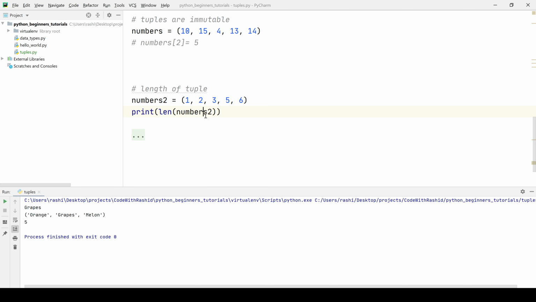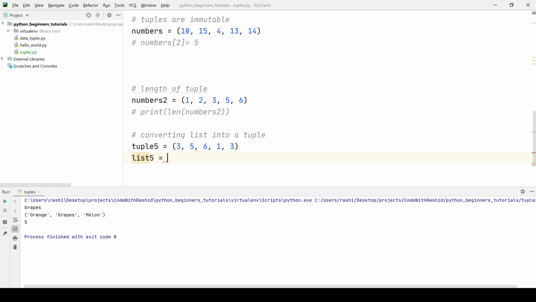In another scenario, we have got a tuple of numbers again and we want to convert it into a list. How do we achieve it? So let's say we have got a tuple 3, 5, 6, 1, 3 and we want to change the value of 6 to 7, but we cannot do it in tuple. So how do we achieve the same thing using list? First of all, we will convert this into a list.